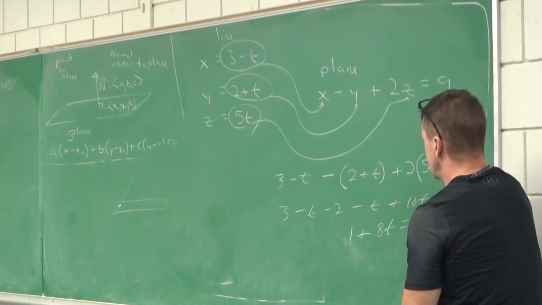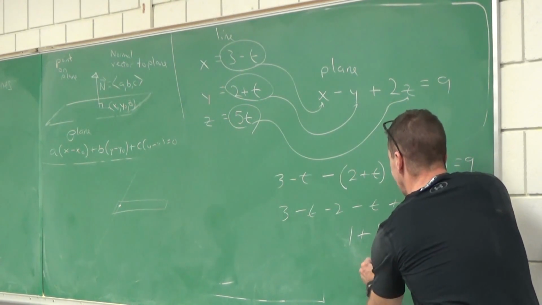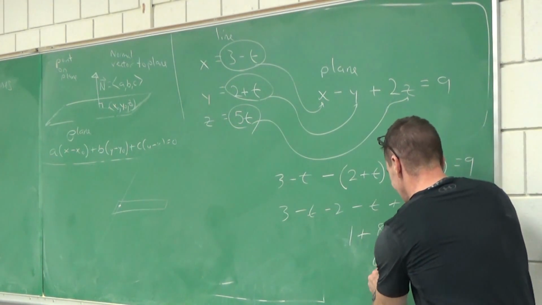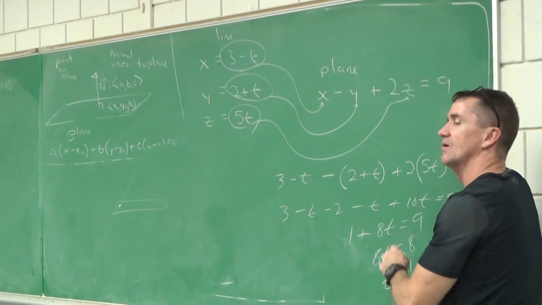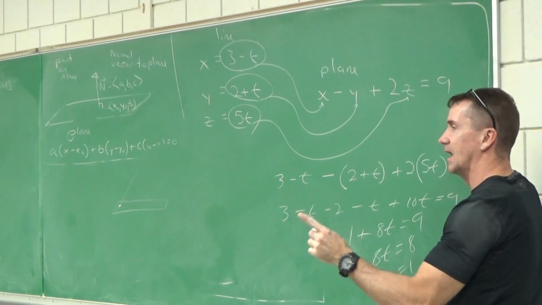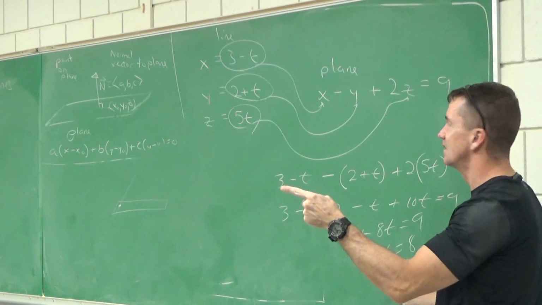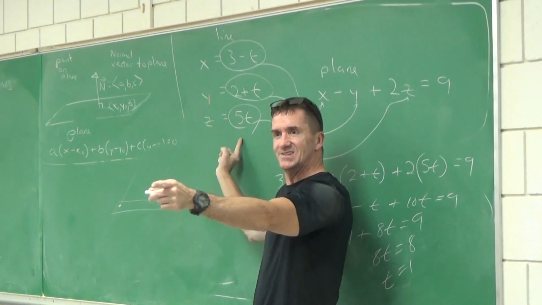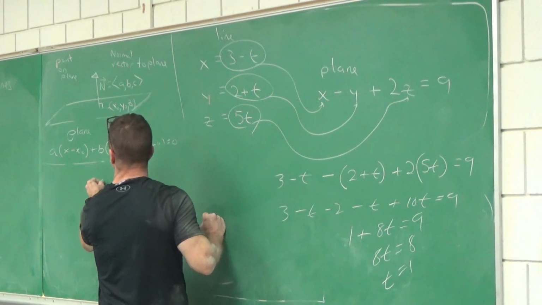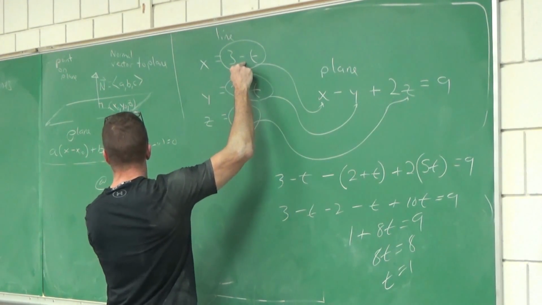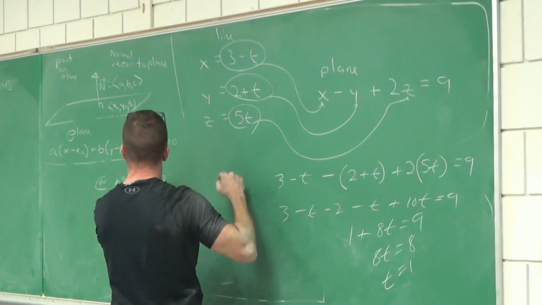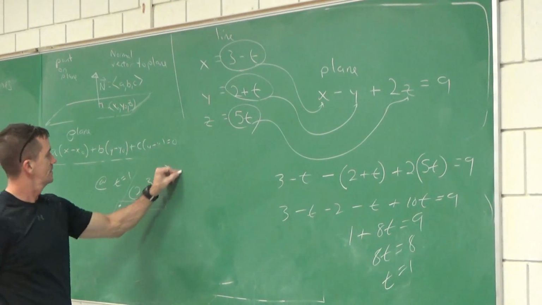Was this easy? And when I take 1, I subtract 9. What's the t? 1. Maybe a little bit too easy. t is what? Hey, don't leave the answer like that. One more step. They said find the point where the line intersects the plane. What do I do with this? Put it right back in the parametric equation. You'll get your x, y, and z point. Let's do that. What is that real point? So when it's at t equal to 1: 3 minus 1 is 2, 3, and 5. That's the point. That's the answer.